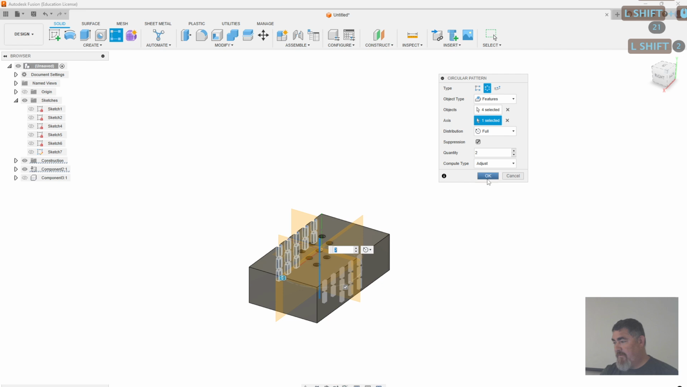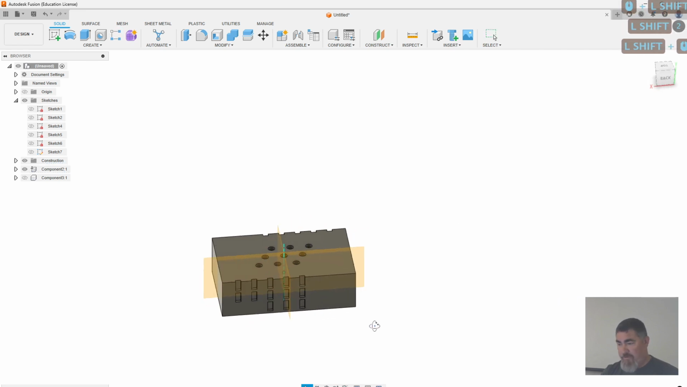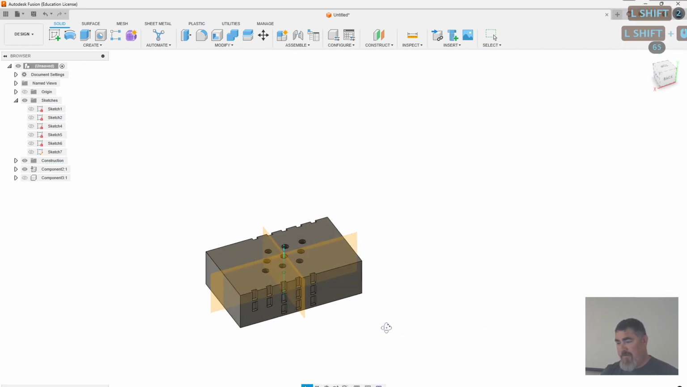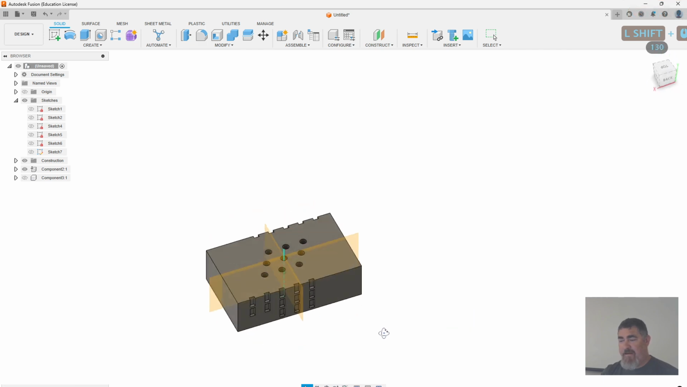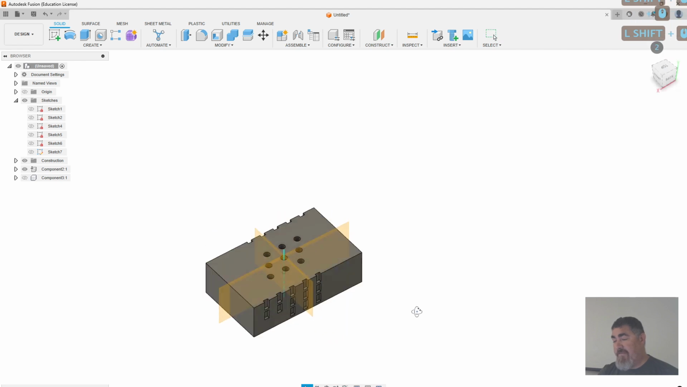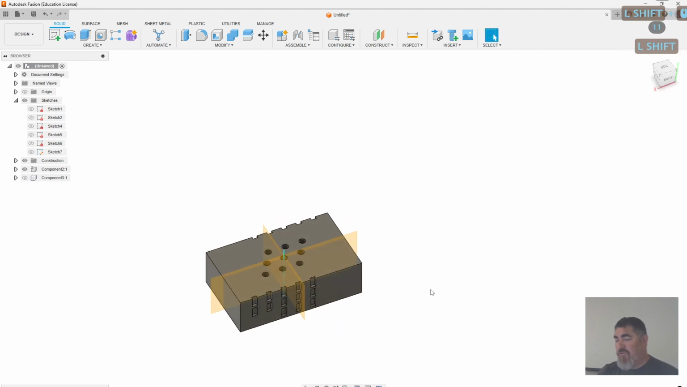Now you can see that as I rotate around, it's always going to be on the left side of the face I'm looking at, the left side of one and the right side of the other. Kind of a little cool trick you can do by using a circular pattern, even on a rectangular